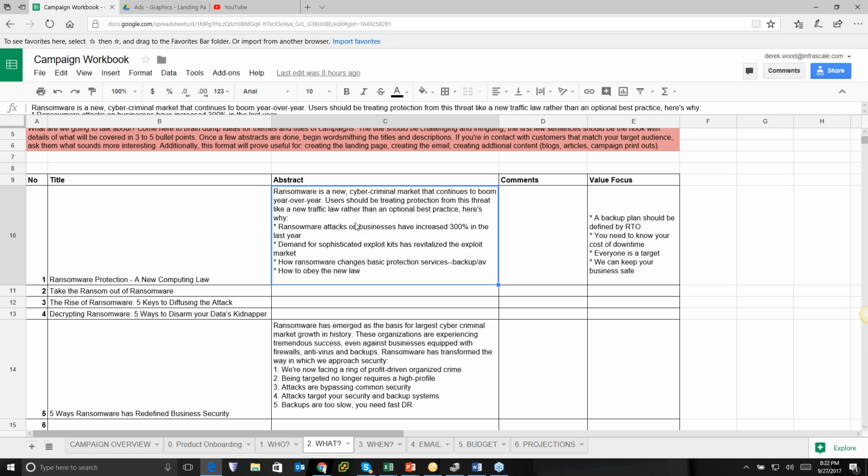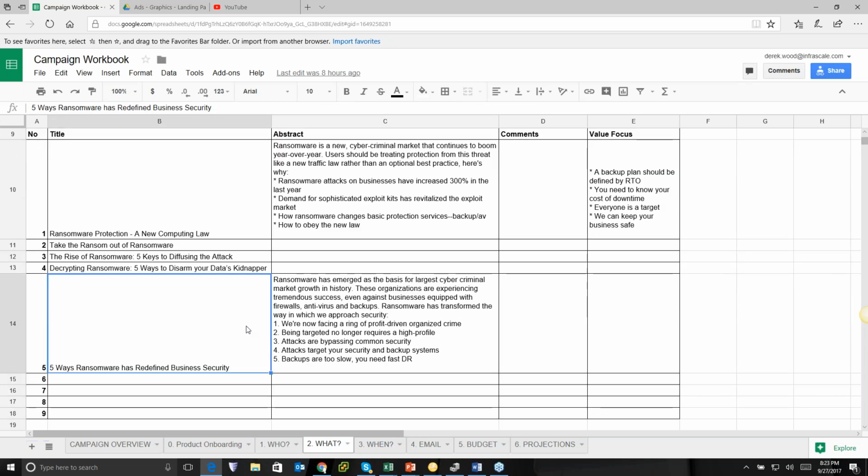You could use an abstract to work on your own ebook or another webinar campaign or an article with a PR agency if you have one, or if you meet a writer. So storing your ideas of value propositions to specific personas, it's good to keep a history of this because you don't want to have to start from scratch every time. So this is just a good practice to try to keep track of these ideas that you and your team come up with. And again, I have some in here, and these are certainly viable.